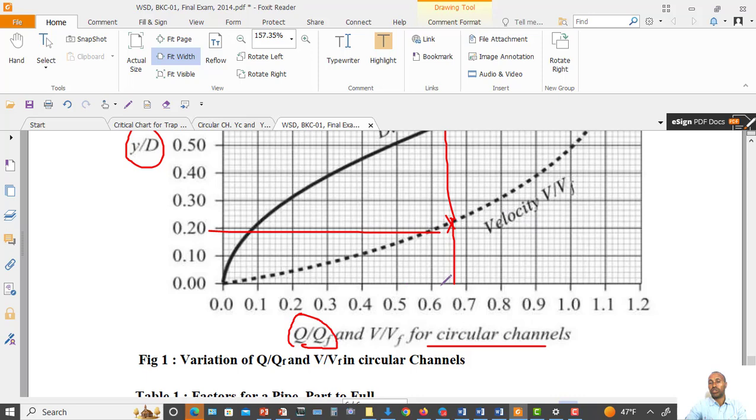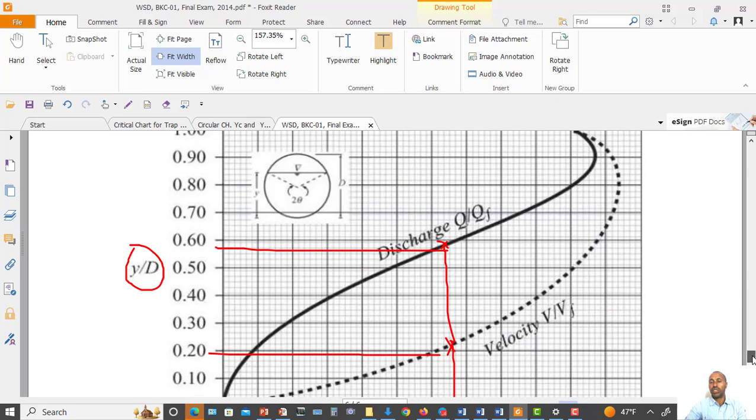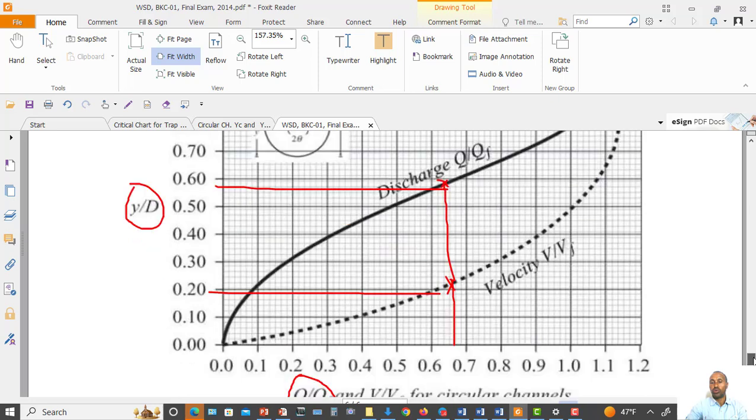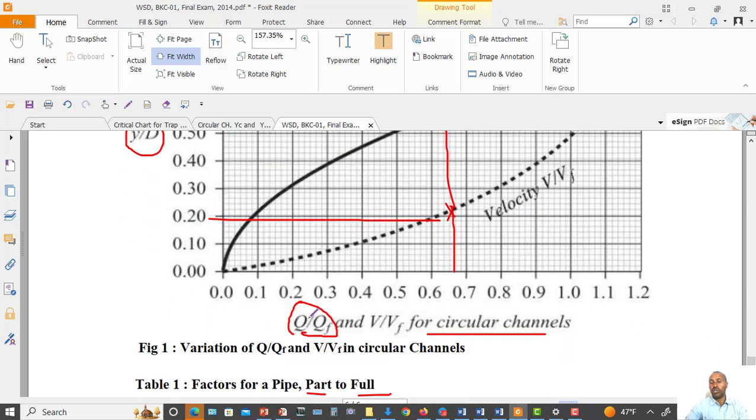The dotted line is for velocity, and this is for discharge, partial with respect to full. If you compute the ratio of partial with respect to full, either velocity or discharge proportion, then you can take this one. If you get the velocity, then it will go to this point,